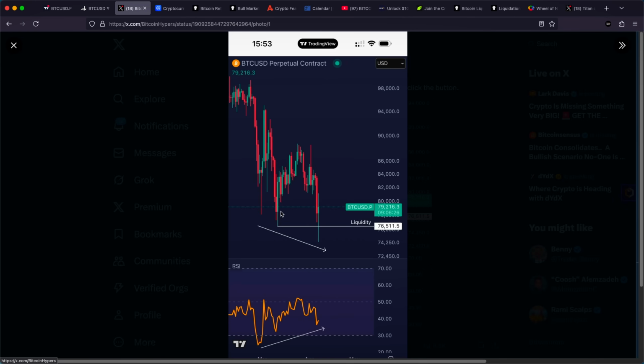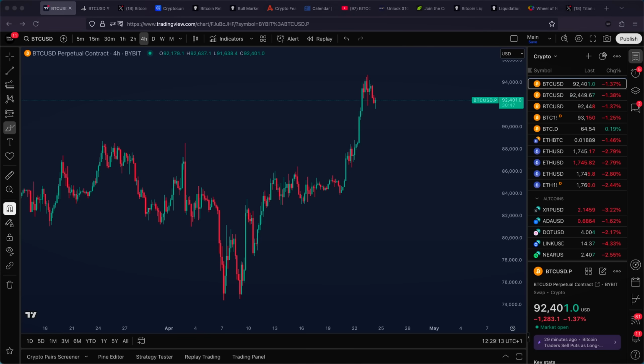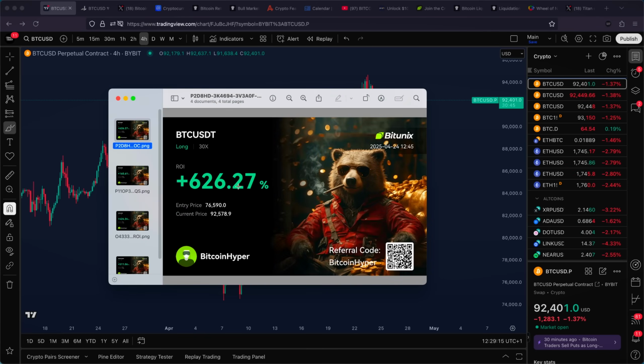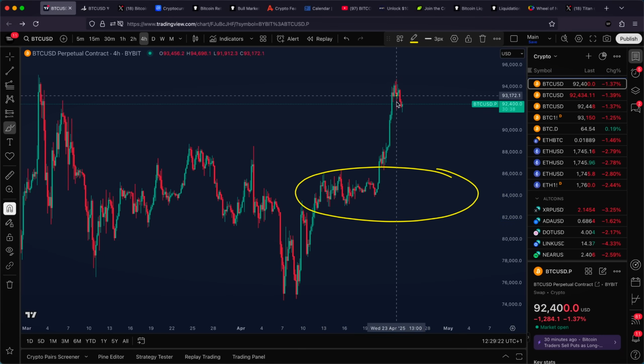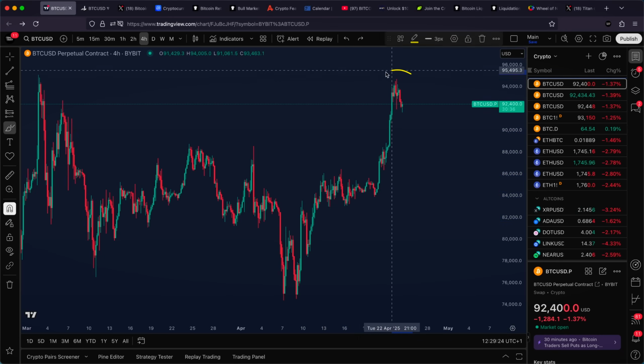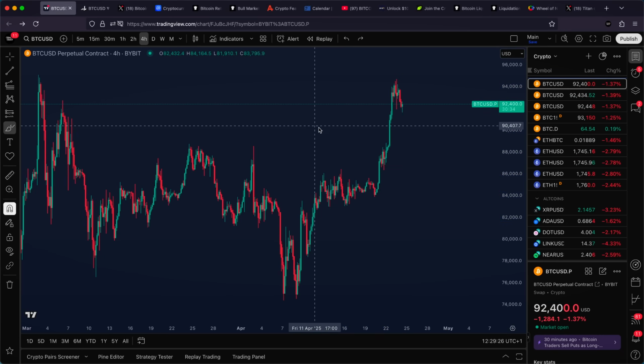Again, I am being bearish at the area of resistance, paying myself off my long positions and being bullish at the areas of support, because simply buying at the area of support is much cheaper versus buying at the area of resistance. That is right now why I am looking for another short position, and that is also why right